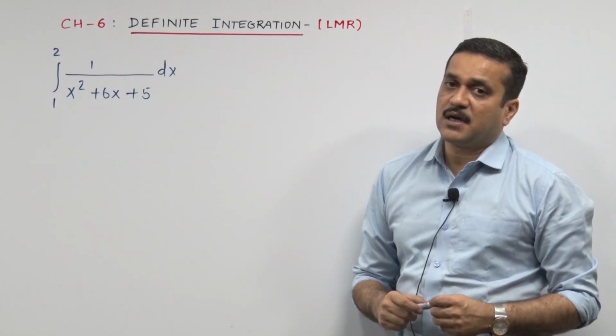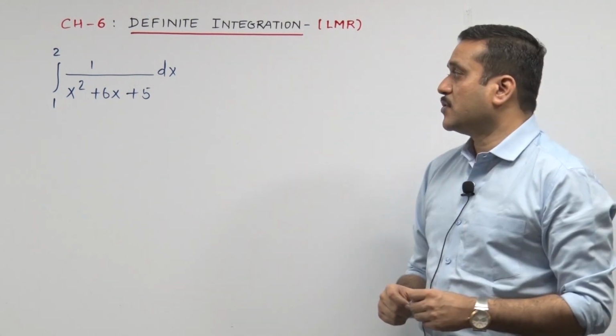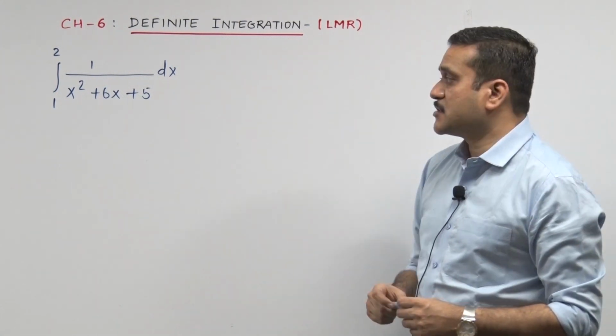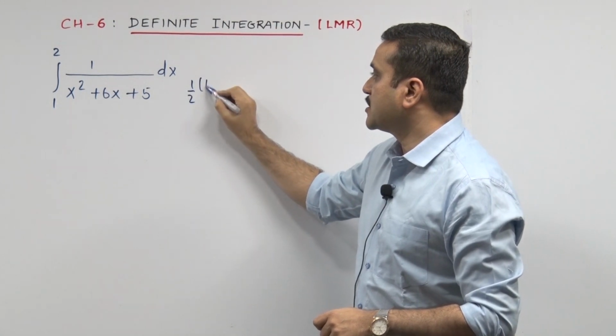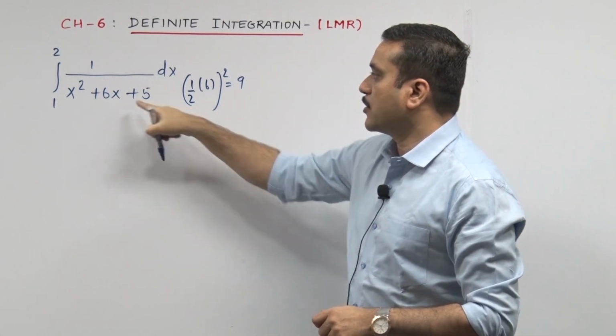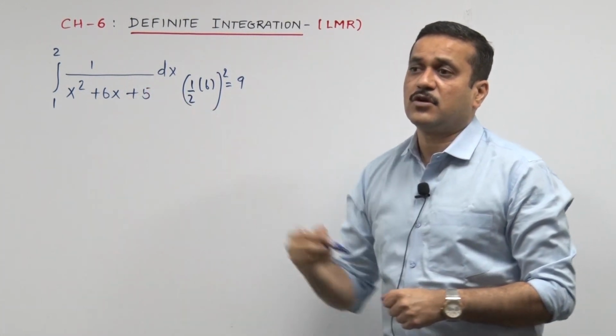I can see it's 1 upon quadratic. You should be really fast by now when you are into the LMR to catch the type of sum you are dealing with in integration. It's 1 upon quadratic. The game starts with what? Half into the coefficient of x the whole square. You happen to calculate that, and that term you are going to fit it over here to make it a full square, so that gives you a sound of x square.